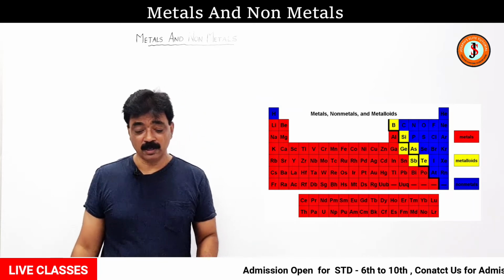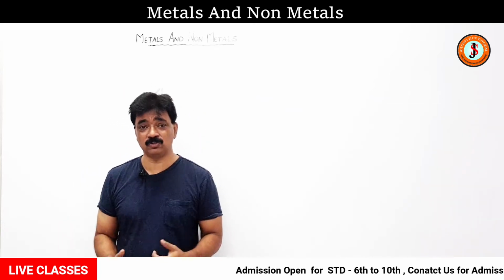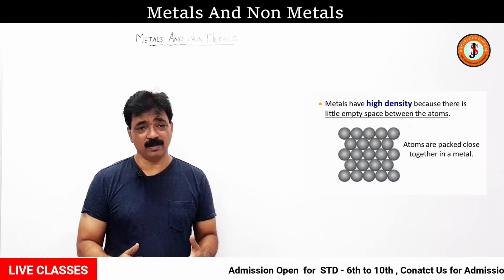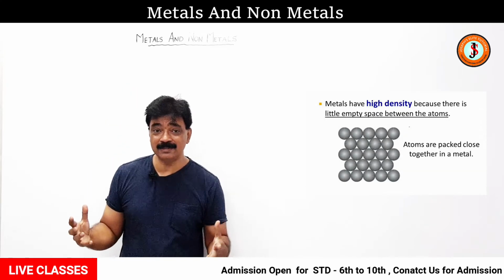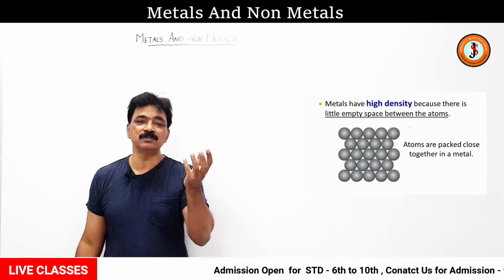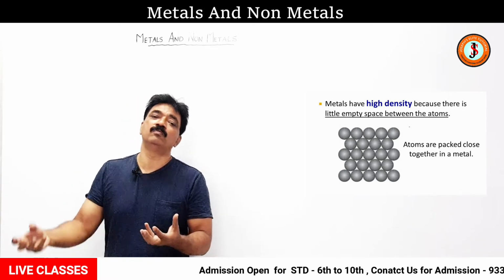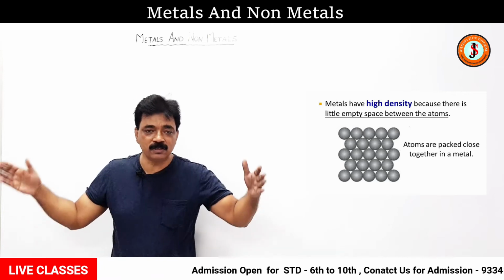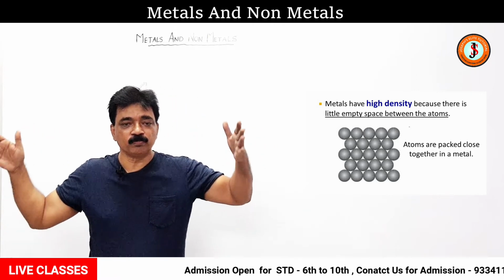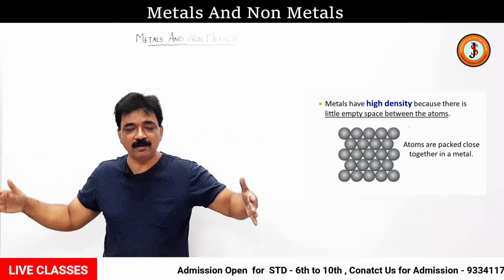Now next one is metals are hard and heavy. As you know, they are hard and heavy, and that means they have got high density. What is density? Density means in a given volume how much oxygen you can contain or how much iron you can contain. Obviously if you will take a big box of measurement 1 meter length, 1 meter width and 1 meter high,